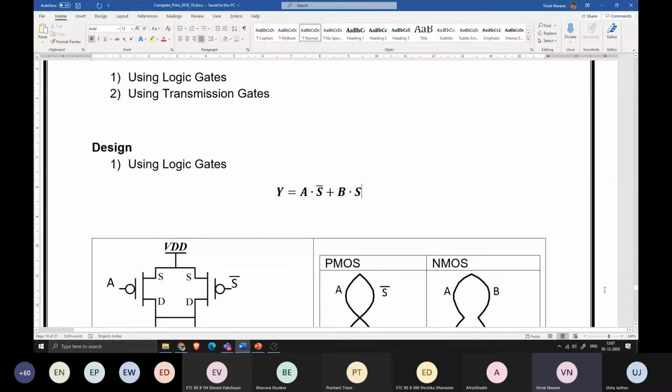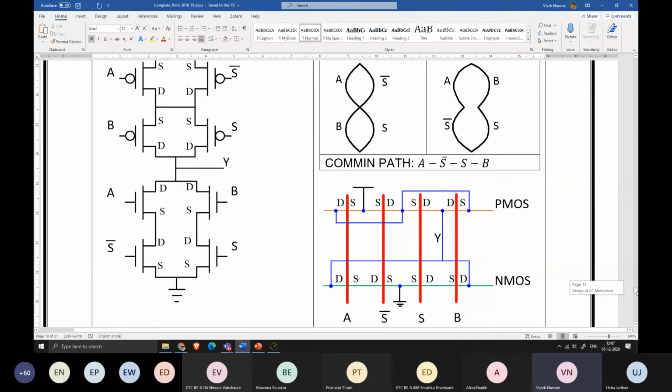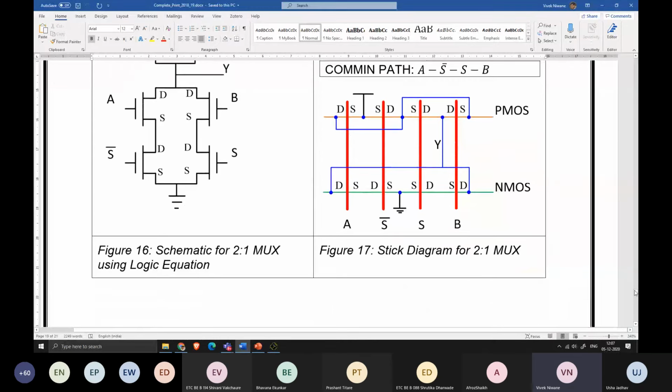तो Boolean equation है आपके पास, so whenever we will have the Boolean equation, definitely we can draw the logic. Okay, लॉजिक डायग्राम ड्रॉ कीजिए, Euler's path फाइंड कीजिए एंड ड्रॉ द स्टिक डायग्राम। स्टिक डायग्राम ड्रॉ करने के बाद तो आपको पता है लेआउट ड्रॉ करना बहुत आसान है, जैसे दिख रहा है वैसे छाप दो, खलास। ओके, स्टिक डायग्राम तक बहुत इंपॉर्टेंट है। To get the stick diagram we need to have the circuit